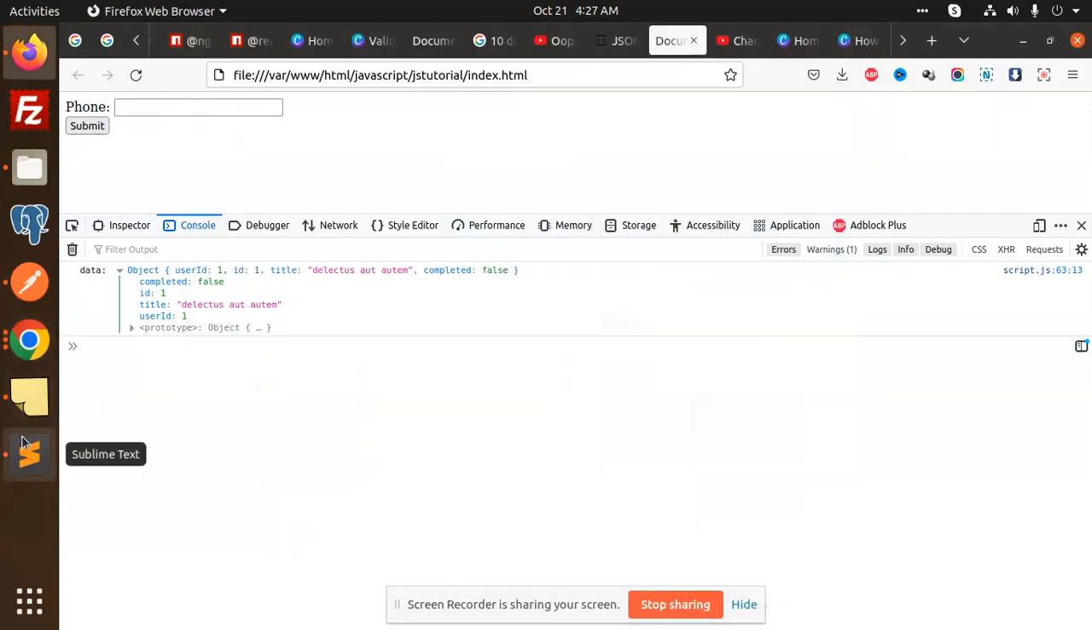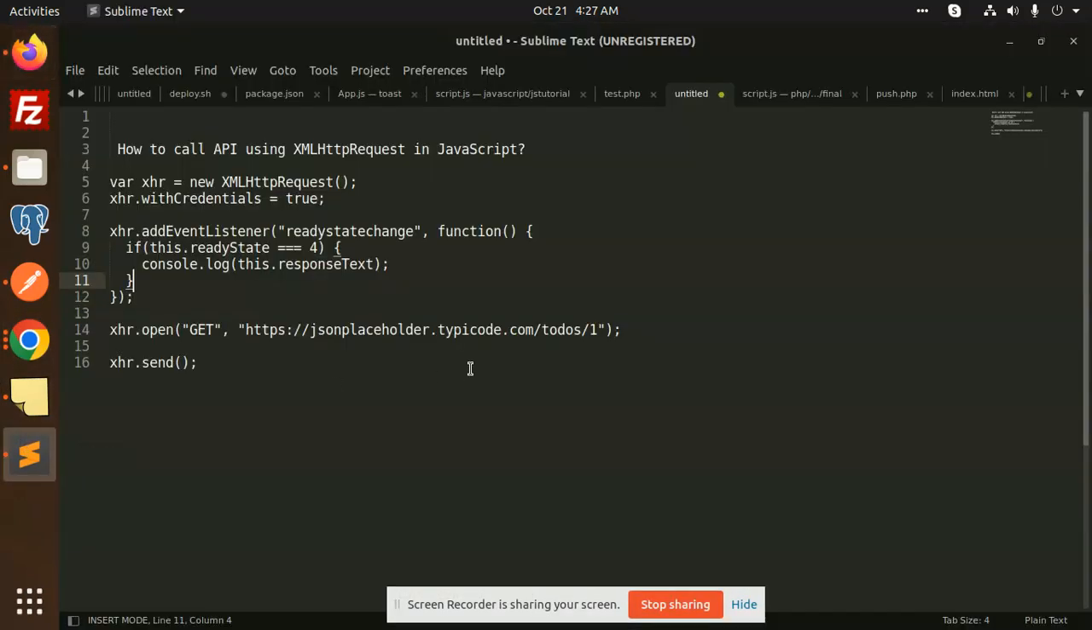Hello friends, welcome back to the new JavaScript tutorial. Today we are going to learn how to call an API using XMLHttpRequest. It's the oldest method that is usable in JavaScript. It is the old method that we have, using XMLHttpRequest, but it is also used to